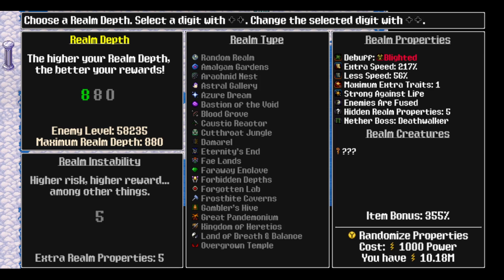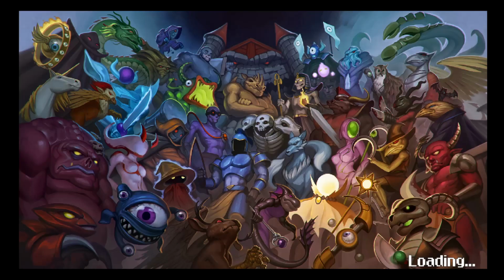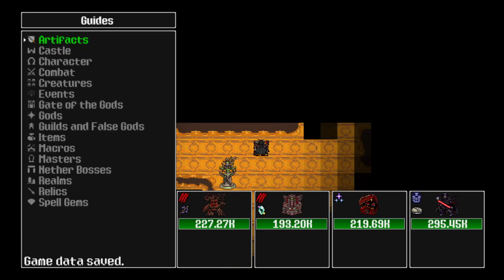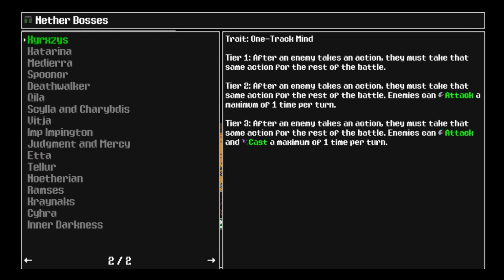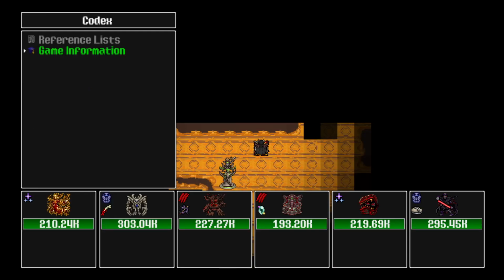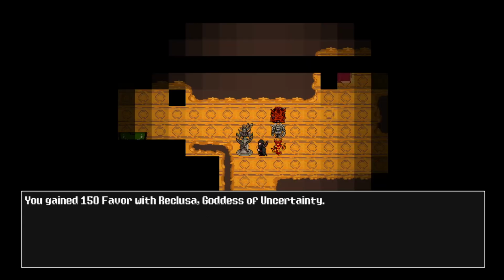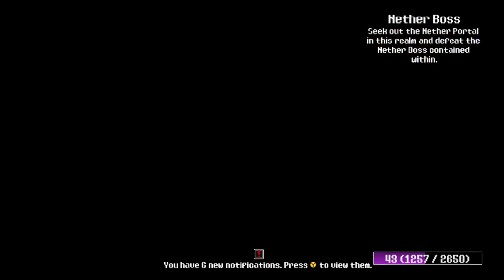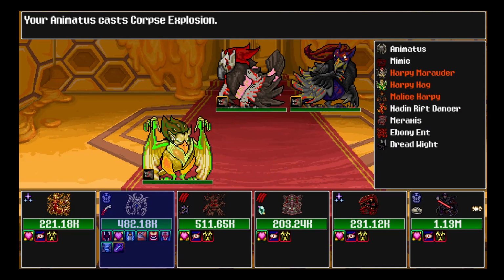Okay, enemies have extra speed, we have less speed, but that shouldn't matter. Oh, I should have checked what the deal is with the Deathwalker. What's your deal? It switches between Scorn and Silence, and limits us to only being able to attack or cast one at a time. Maybe we should have fought this dude in the